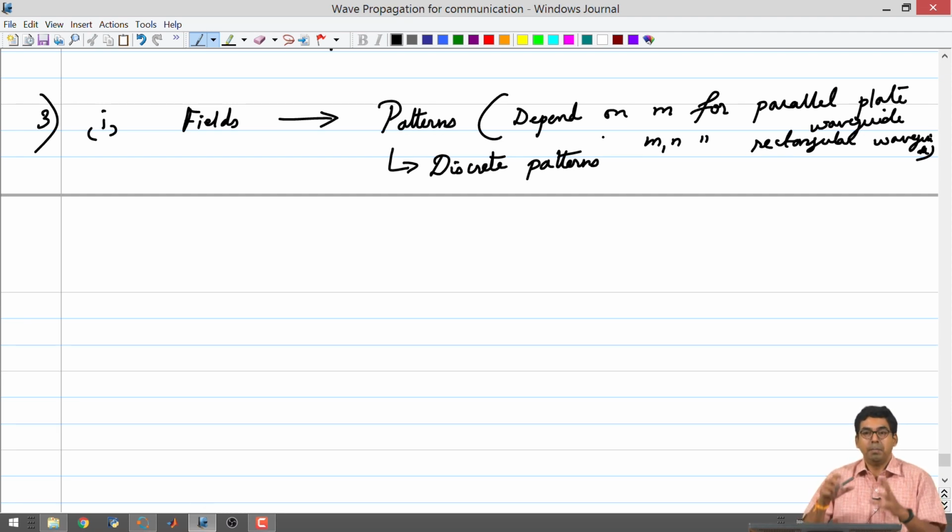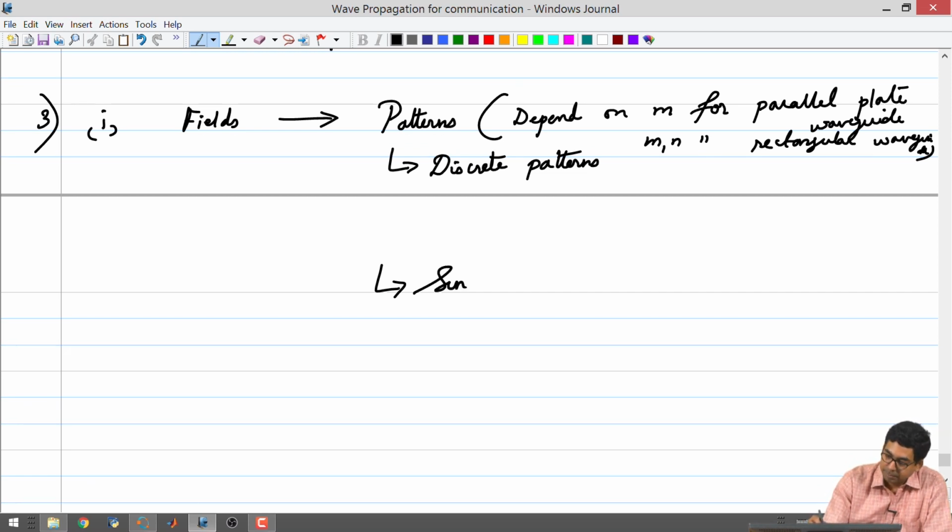So, they go from being a single spot to suddenly two spots, you do not have 1.5 spots or something like that. So, you have one spot or two spots or three spots, but you do not have something in the middle. So, these are discrete patterns, and the patterns consist of, both in the case of rectangular and parallel plate waveguide, sinusoidal variations